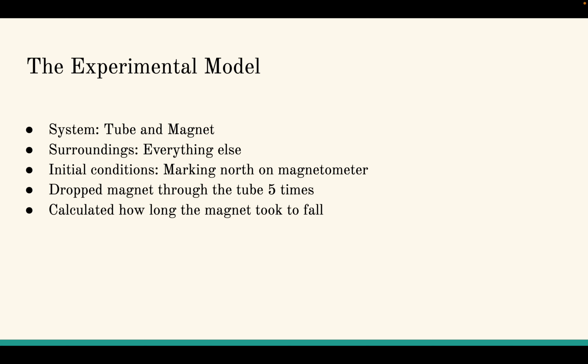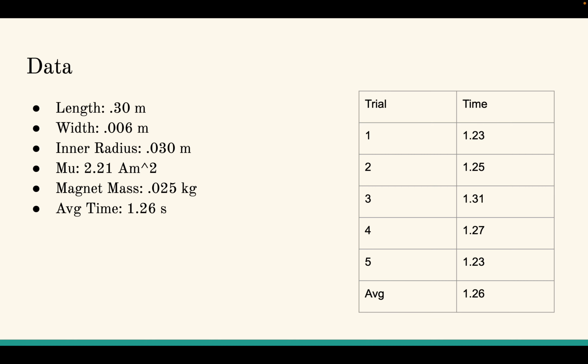The initial conditions are marking north on a magnetometer and then performing the experiment by dropping the magnet through the tube 5 separate times, recording and then calculating how long it took the magnet to fall and finding the average. So this is the data that we calculated here. Trial 1 was 1.23 seconds. Trial 2, 1.25, 1.31, 1.27, 1.23 for trials 3, 4, and 5 respectively, and the average is 1.26 seconds, as